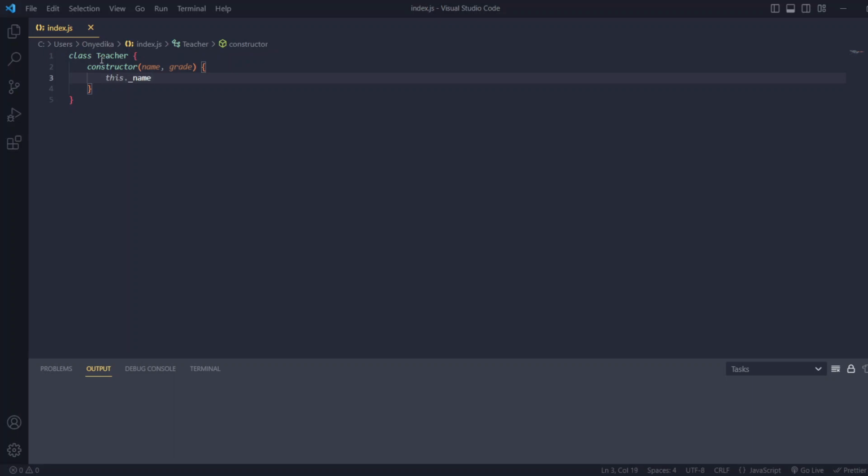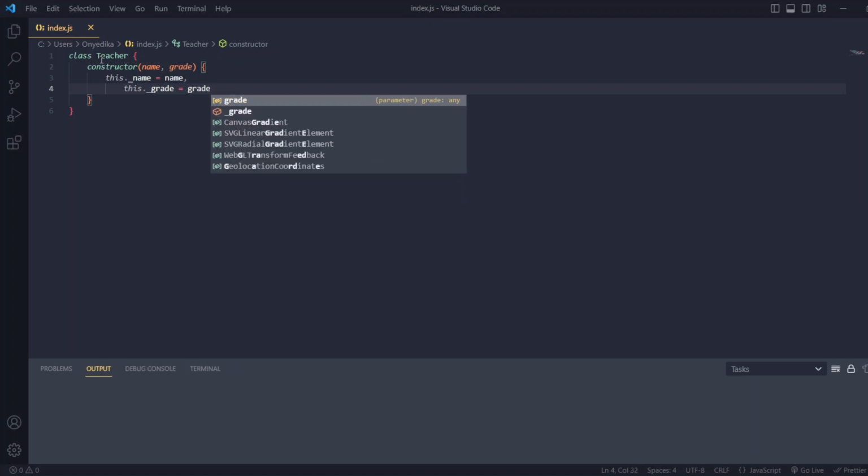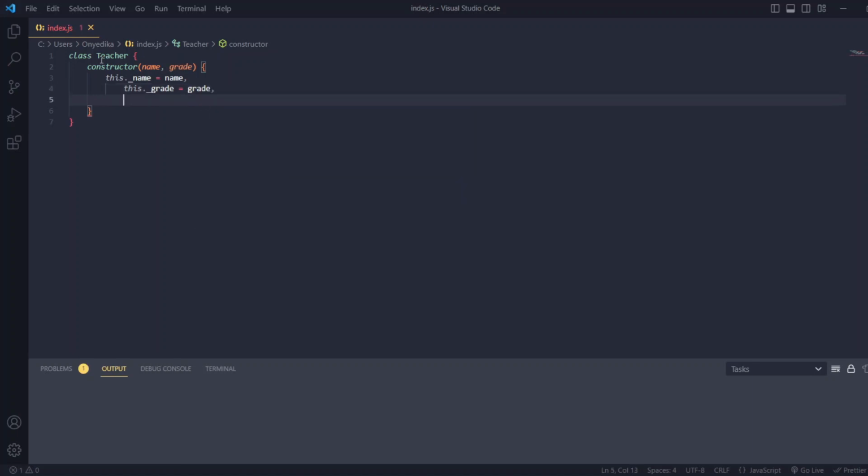So this dot underscore name is equal to the name, and this dot underscore grade is equal to the grade, and we will now define a hard-coded constructor variable, which is this dot